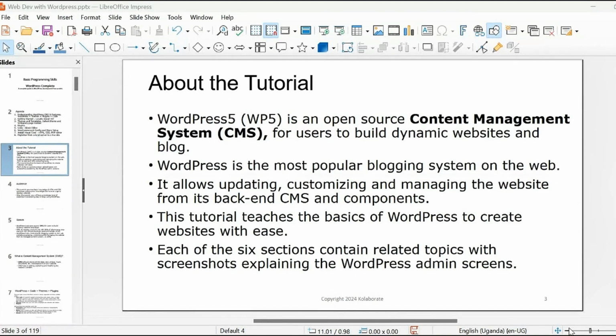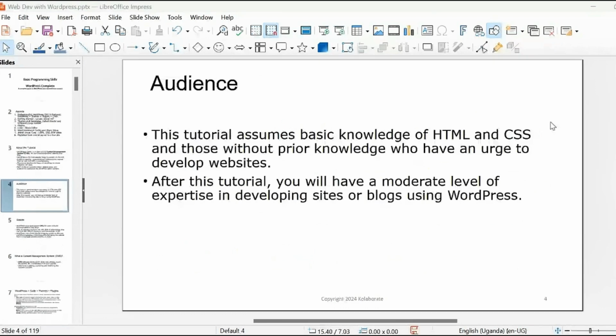Which people will be attending? Is it open to anyone or only to those who have prior knowledge? And my answer is anyone. As long as you know how to use a computer, as long as you can type, this tutorial is for you. If you have basic knowledge of HTML and CSS, well and good, but those without any prior knowledge are also welcome to study. So you don't need any prior knowledge,